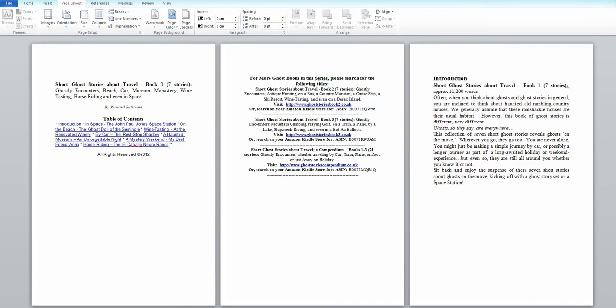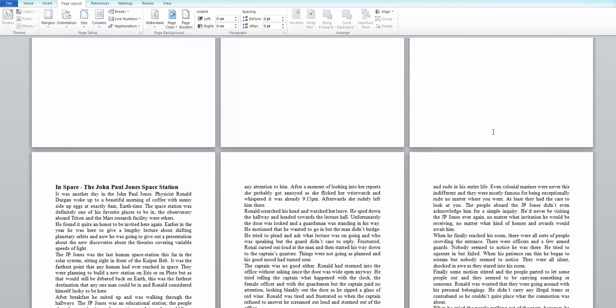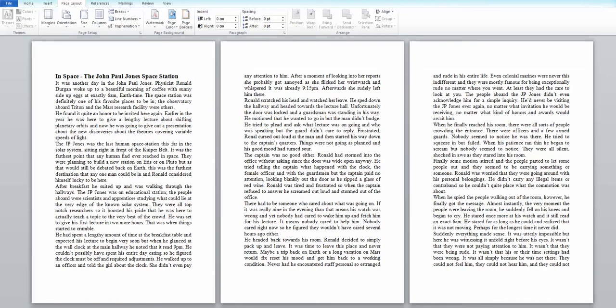Not all of your children's books will require a table of contents, but should you need to have a table of contents and you need to know how to go about that, then there should be a disclaimer and all rights reserved, a copyright notice, links if you want to other books, not necessary to have them right at the beginning of the book. And here I had an introduction which I wrote, so I did do some content, and then a different chapter, and then one chapter,